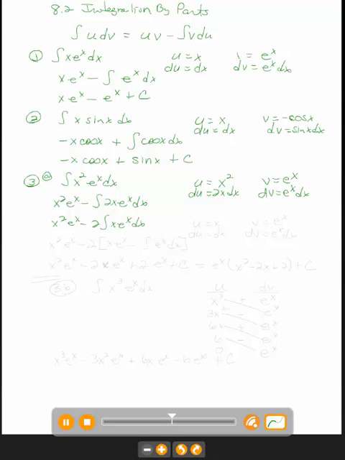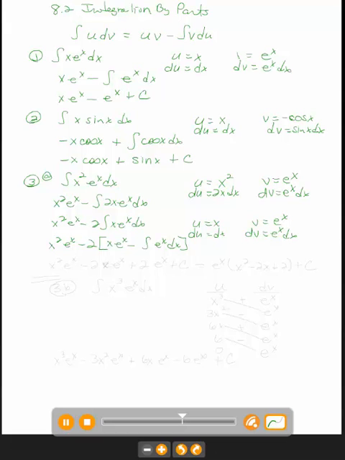Alright, so now the integral looks exactly the same as example 1. So we do the u dv technique again. u is x, dv is e to the x dx, v is e to the x, and du is dx. So I have all of this stuff sitting out here, minus 2. Now make a bracket, because the whole integral, whatever you use on the rule, has to be multiplied by that negative 2. So the rule says uv minus the integral of v du,